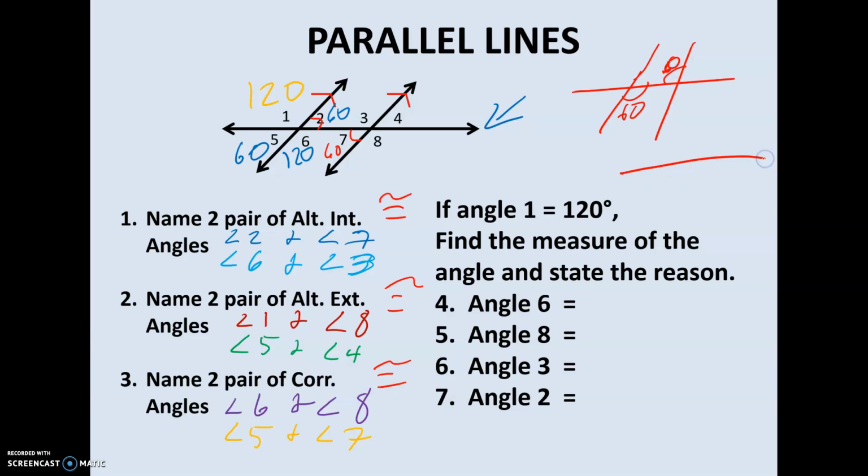The same thing happens with alternate exterior angles. If this one is 100 degrees, then I know this one has to be 100 degrees. The same thing with corresponding angles. If I know this one is 70 degrees, I know this one has to be 70 degrees. So they have to be equal. So all of these have to be equal. So that tells me that this one's going to be 120. That tells me this one is going to be 60. That tells me that this one's going to be 120 as well. And then it makes it real easy. So we know angles